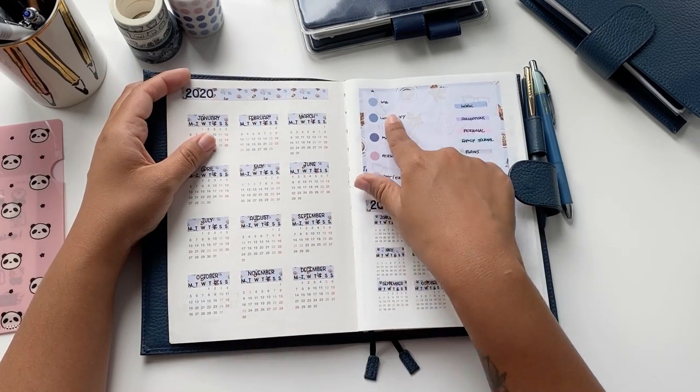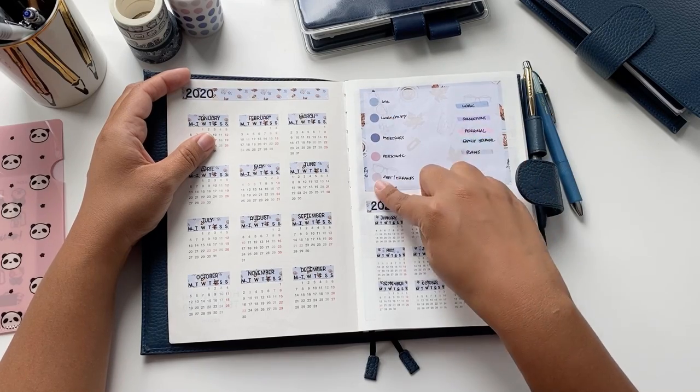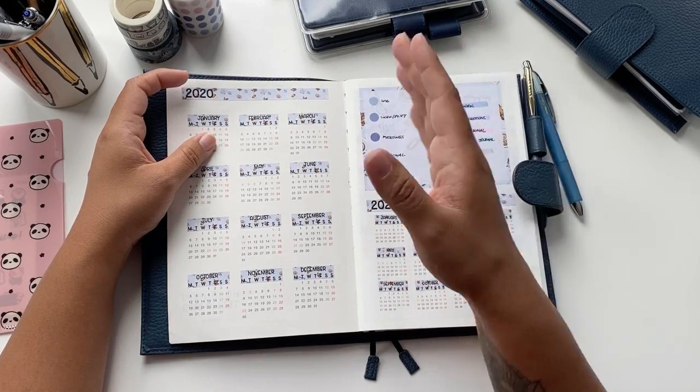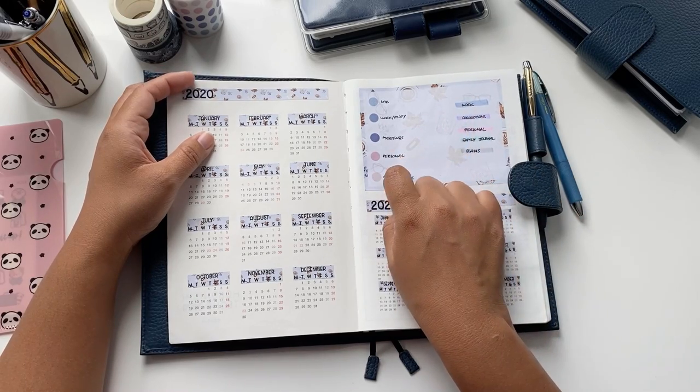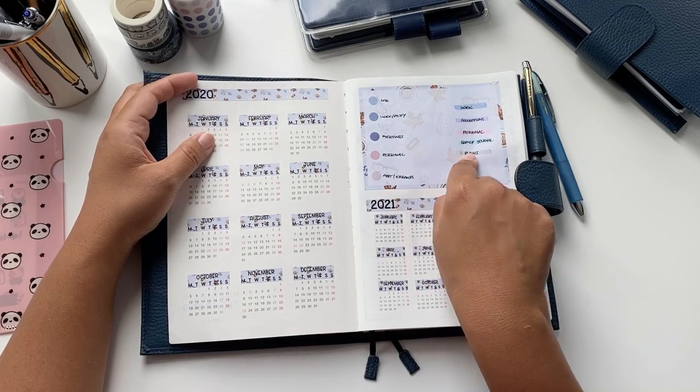This is super cute, and you can cover some of the months and things. And in here I'm doing a key and a color code for the dot stickers that I'm gonna be using in my weekly view. I was using those on my monthly view. You're gonna see it. And I got this idea from Lindsay Scribbles